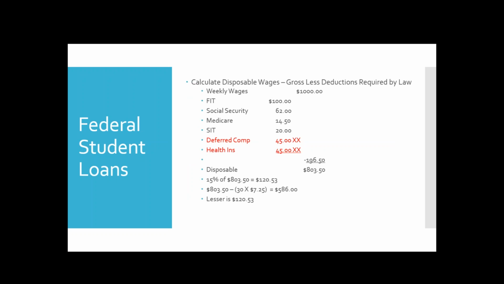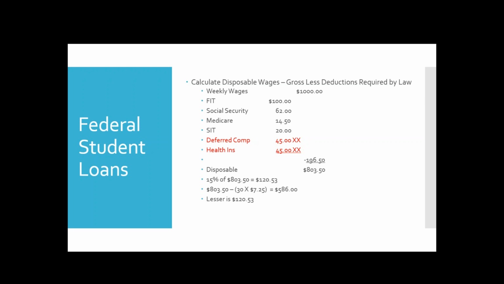Here's an example of a federal student loan calculation. We've got our weekly wages less our taxes. There are some other deductions that we actually can't subtract from our wages in this case because they're voluntary, and federal student loans are just based on disposable. So our disposable earnings, gross less taxes, are $803.50. So we multiply that by 15%, and that gives us